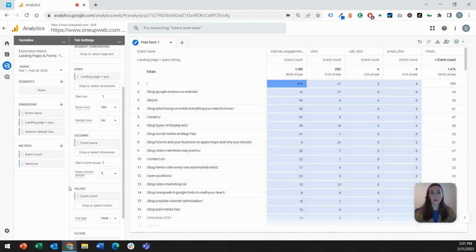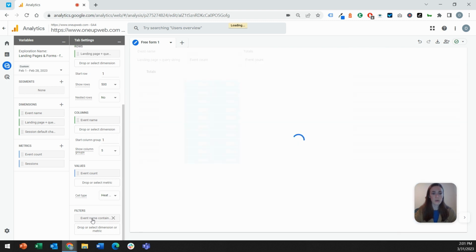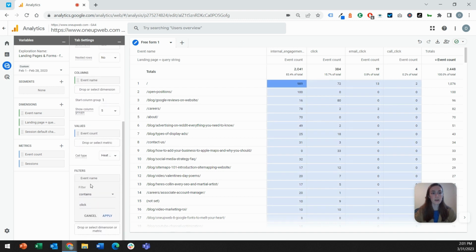So filters are where these explorations get extremely helpful and actually help you see what you want to see. So let's scroll down into our second column for the setup that we have on here. We have an event name filter on this for any event that contains the word click. So that's how we narrowed it down to just these 4.